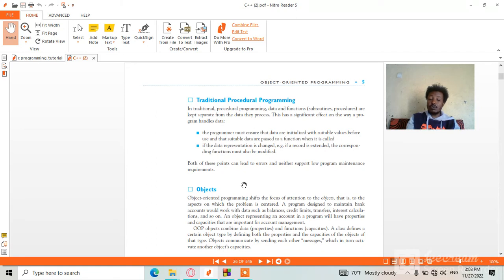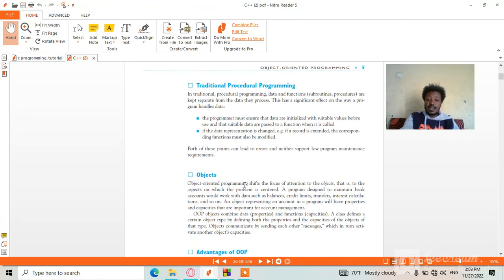In object-oriented programming, objects most of the time combine data, properties, and functions, capacities. Most of the time a function is a capacity. But what is the data? The data is a property. So when you are thinking of data, think properties; functions, capacities. Nowadays a class defines